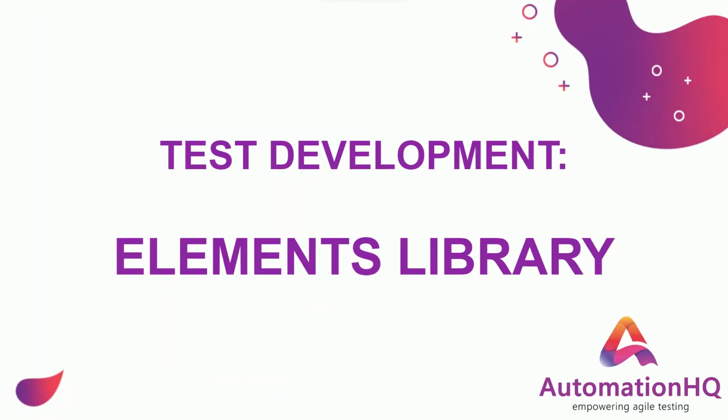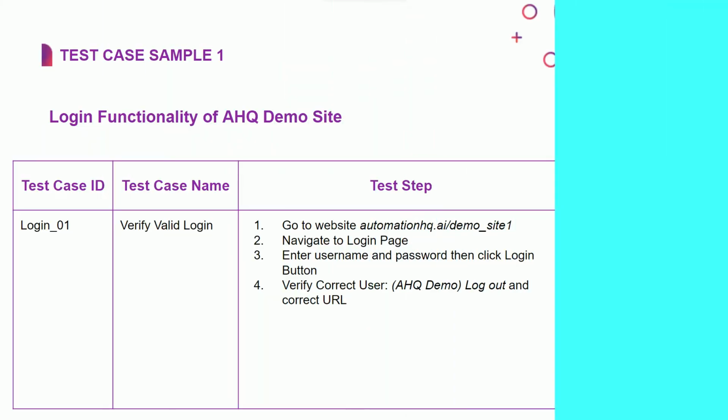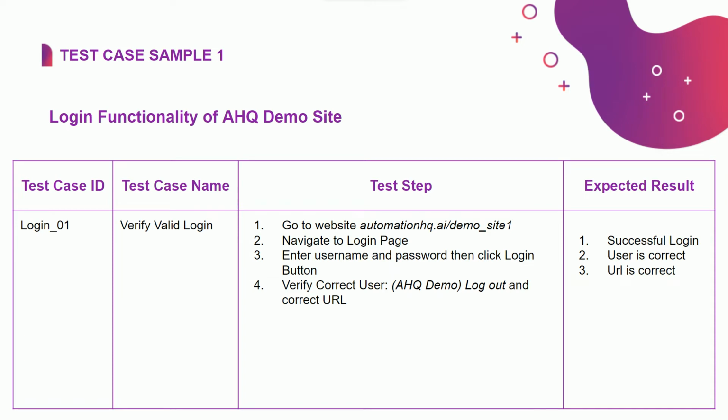In this video, we are going to show you how to configure the elements required to build our test scripts. In this tutorial, we will be performing a valid login test on our AutomationHQ demo site. The steps are: